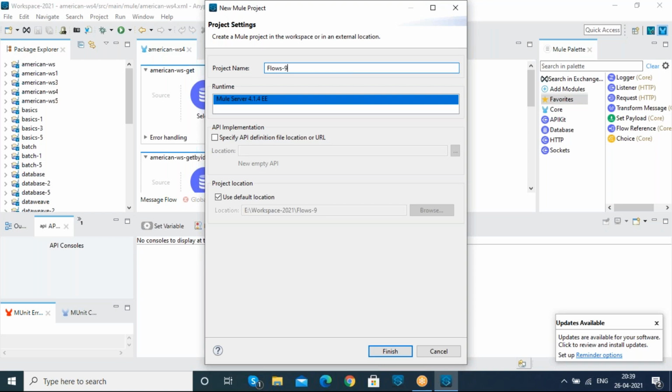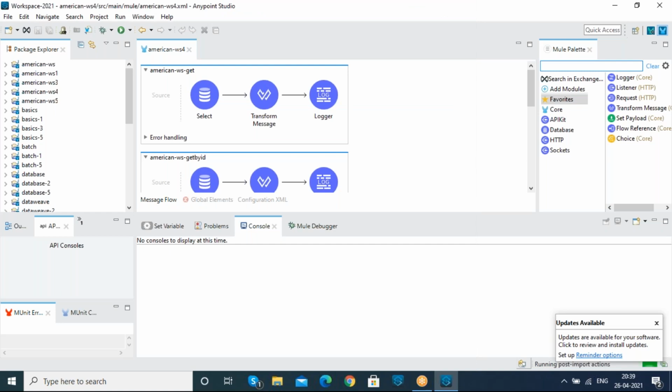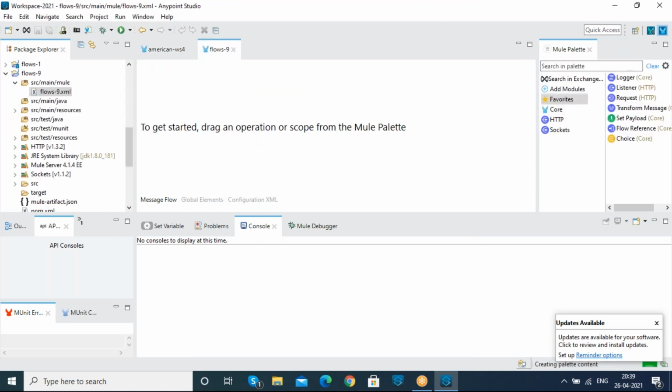Already flows 5 had been created, so I'm naming it as flows 9. There are three types of flows which are available, as I said.